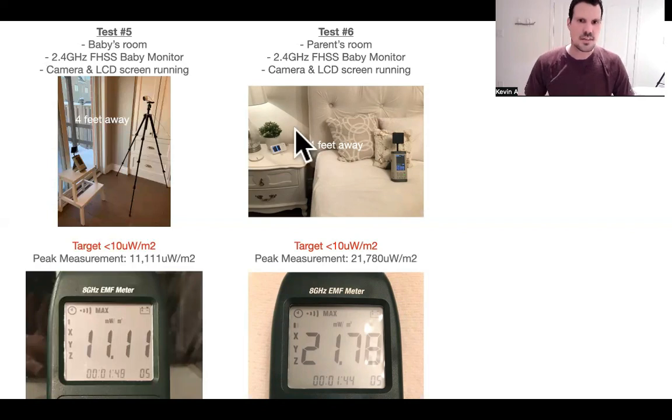You can see here I've got the LCD screen sitting on the night table, taking my measurements on the bed about 4 feet away. And everything's powered on now, the communication to the camera in the baby's room and the LCD monitor. This communication is now live. And you can see in the center of your screen down here in the bottom, what I'm measuring upstairs here is